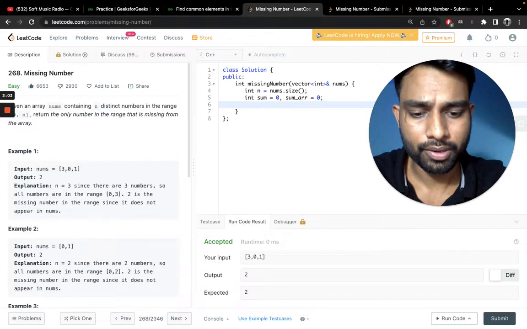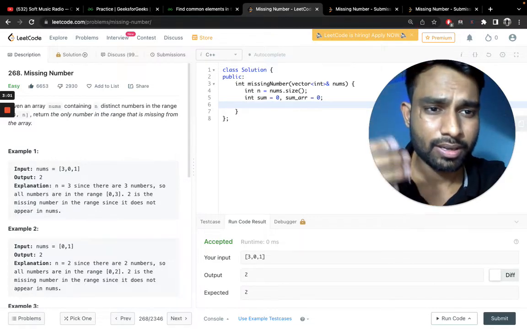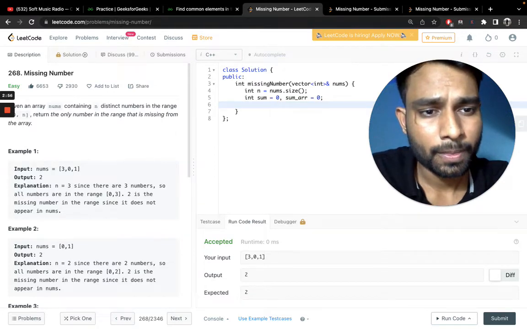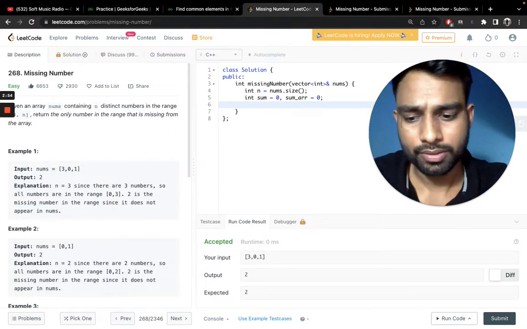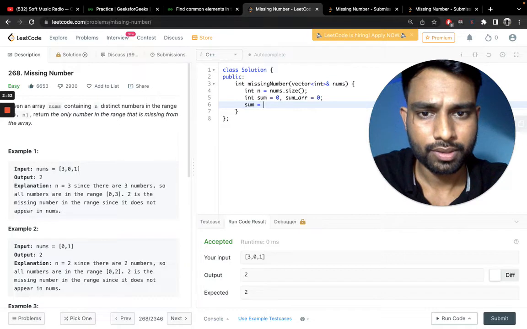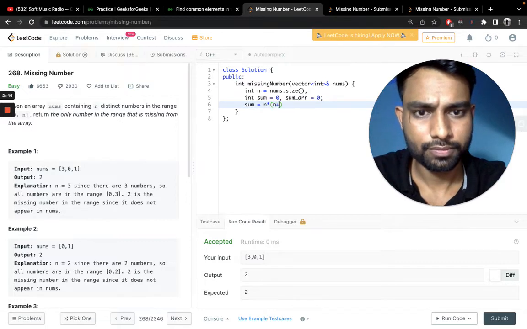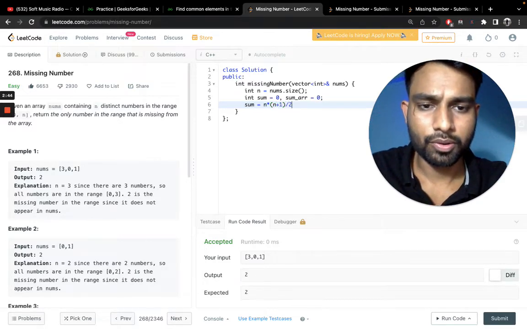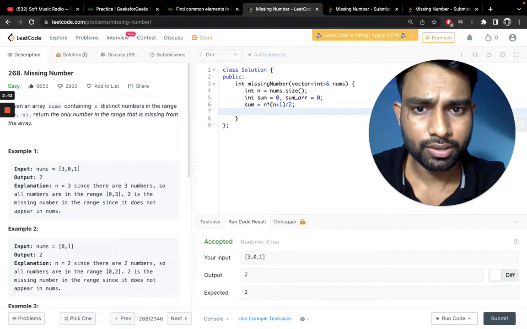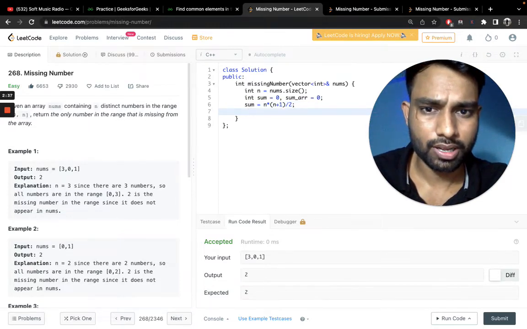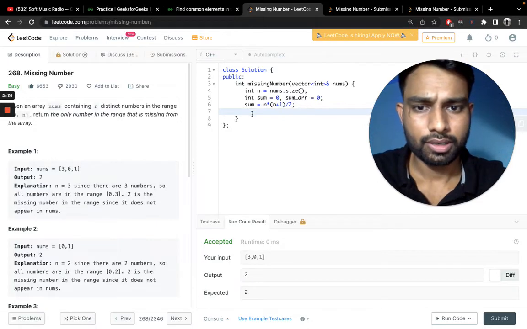we write a formula. In our school days we learned a formula: sum equals n into n plus 1 by 2, n times (n plus 1) divided by 2. This formula calculates the sum of the natural numbers, so it is the natural number formula. And after that